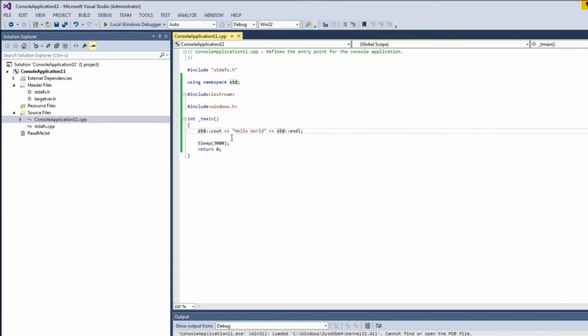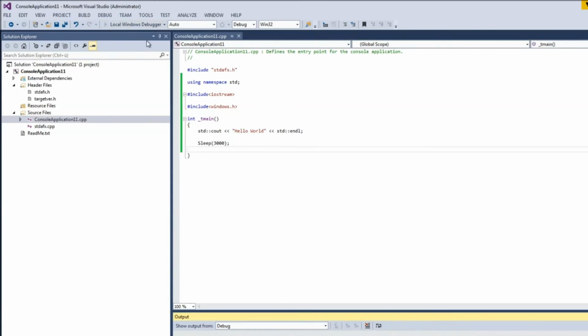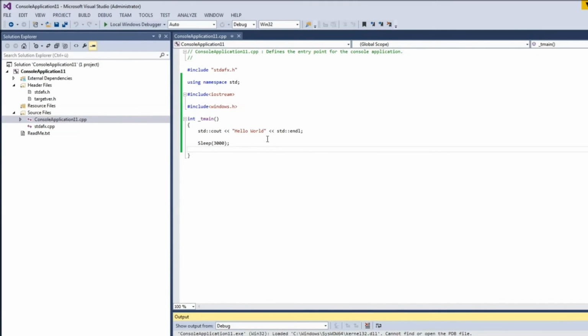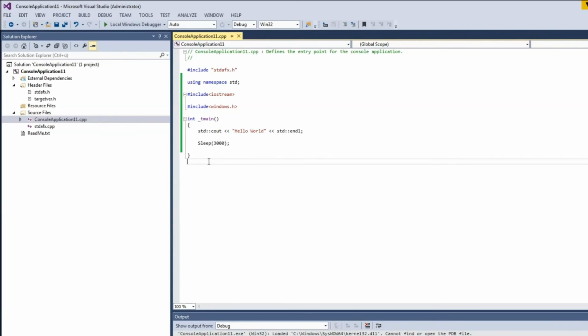So we have cout and Sleep and return. So return, if you write your own functions, every function needs a return value, any kind of return value, even if it's just void. But the main function does not necessarily need a return type. You see, it still will work, but it's only the main function. Every other function needs return types. So you can play around with this code, you can add messages, you can change your string,